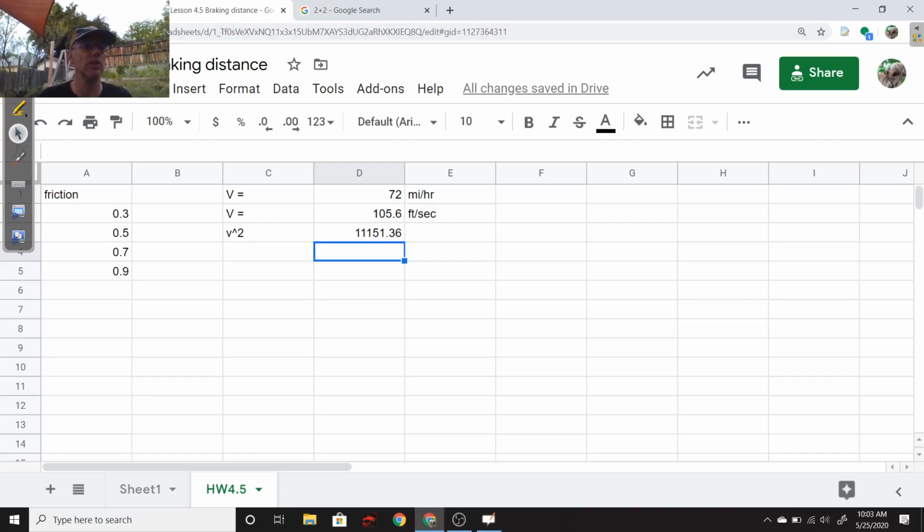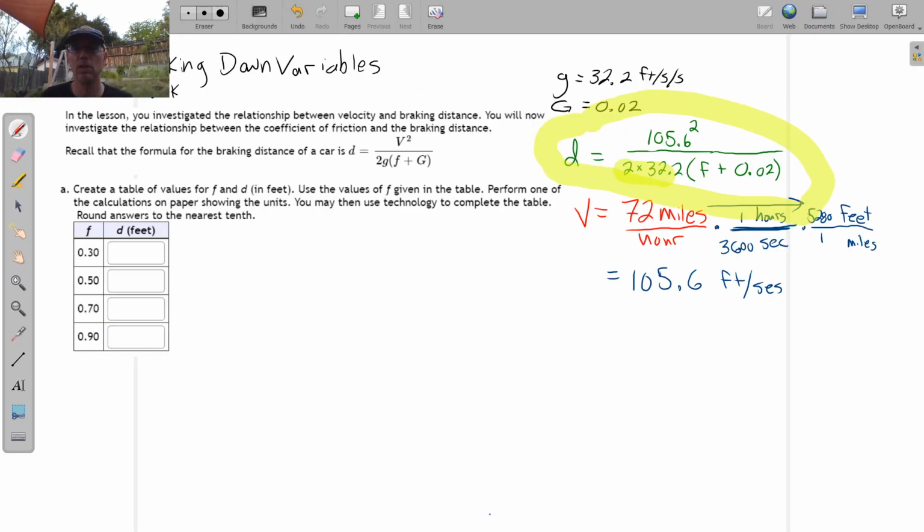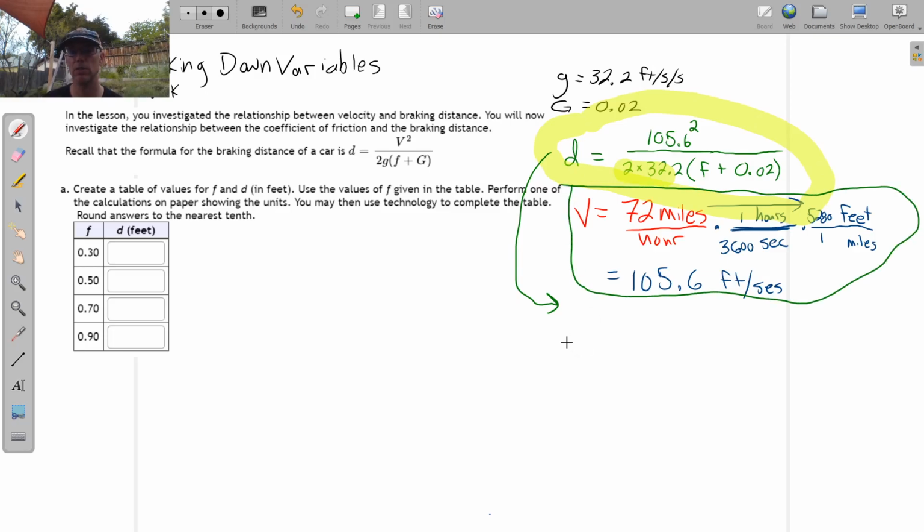11,151.36. So let's make a note of that. So you come down here. That was just a side calculation. So now I've got D equals 11,151.36. Is that 105 squared? And then 2 times 32, that would be 64.4 times parentheses F plus that